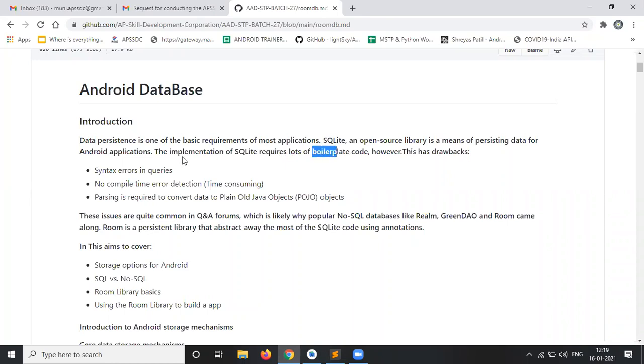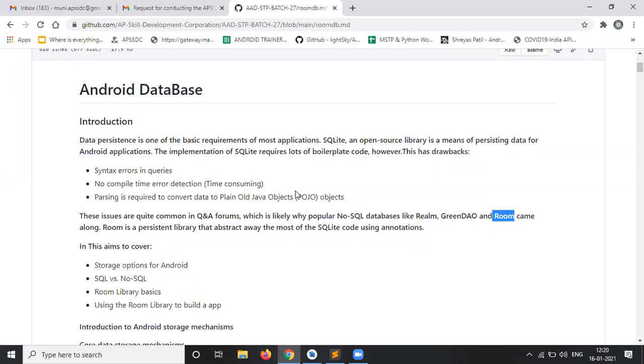So how can we overcome these drawbacks? If you search anywhere on the web, on Google, it will give some solutions, such as NoSQL databases, Realm DB, and Green DAO, and also Room.